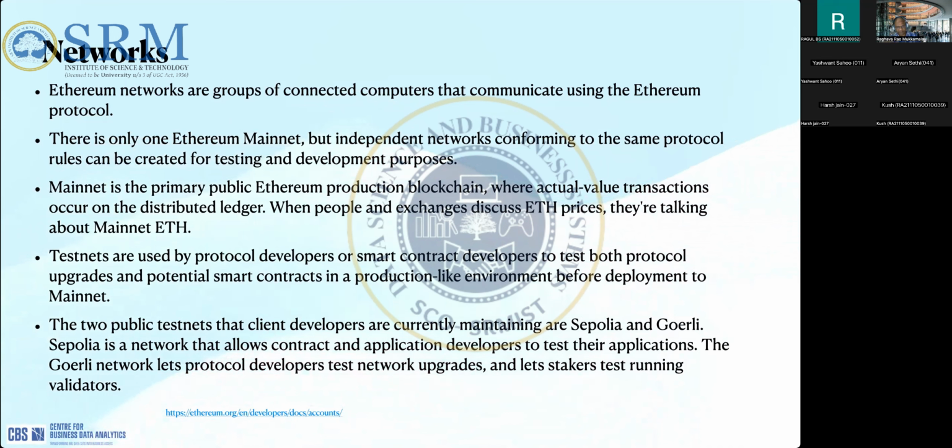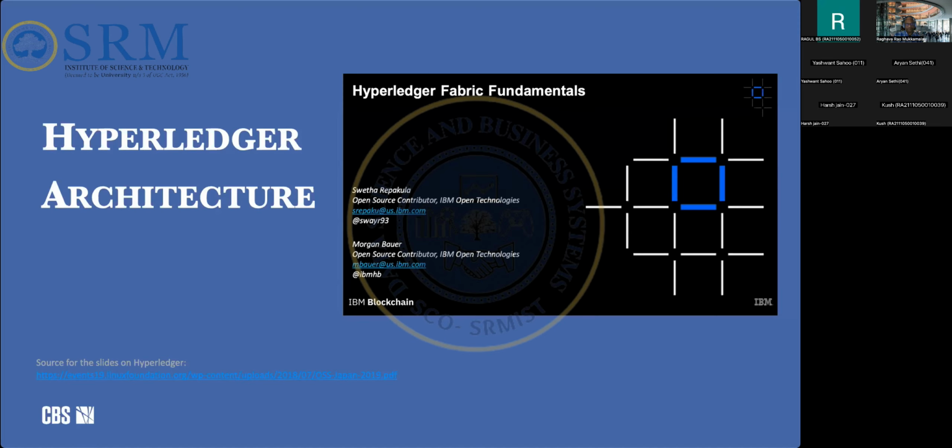You want to see that your smart contracts will still behave the way you expected with these new rules. Then you can use the Goerli network where you can run this protocol, test your smart contracts and also test your validator nodes and all other kinds of things, right? So that's why they have these two networks.